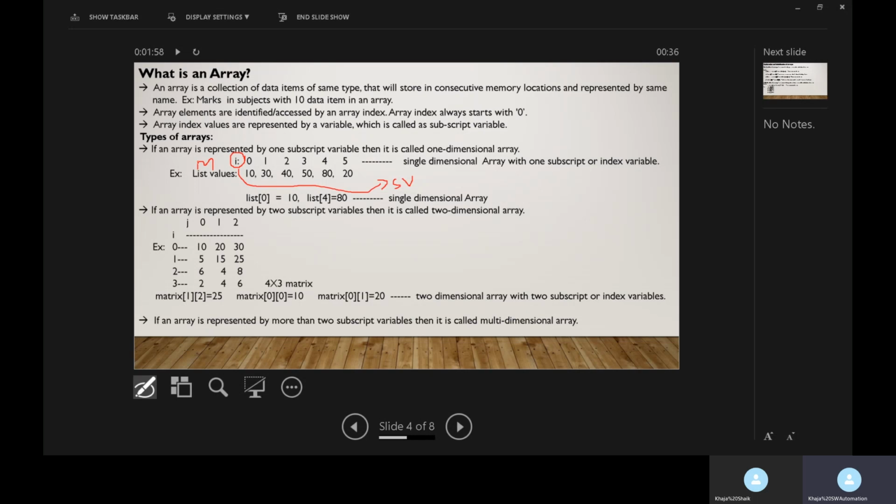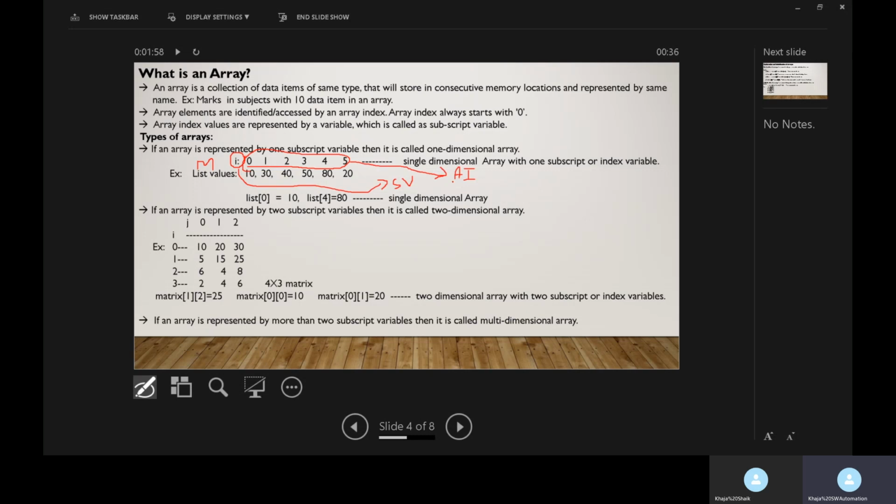M is the array name, I is the subscript variable, and 0, 1, 2, 3, 4, 5 are the array index numbers. These index numbers represent the different locations.